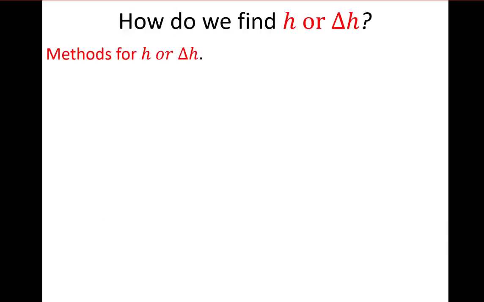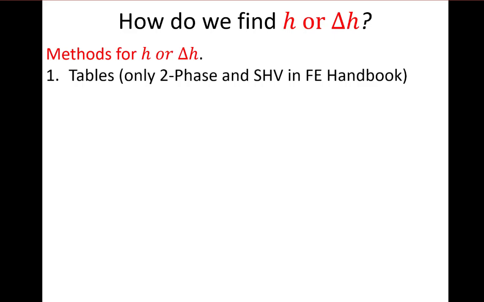So after I look at the first law and make all my assumptions, I'll almost always be asking myself, how do I fix the state? What's going on with H or delta H? And to do that, I need to know what the fluid is. So the first question here is, what's the fluid? If it's water or something like it, could be a refrigerant, then I have to ask myself,